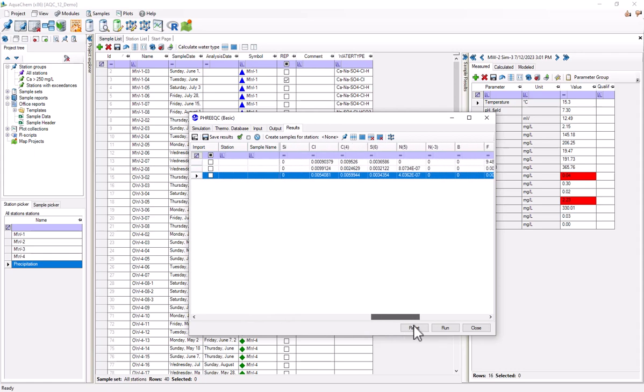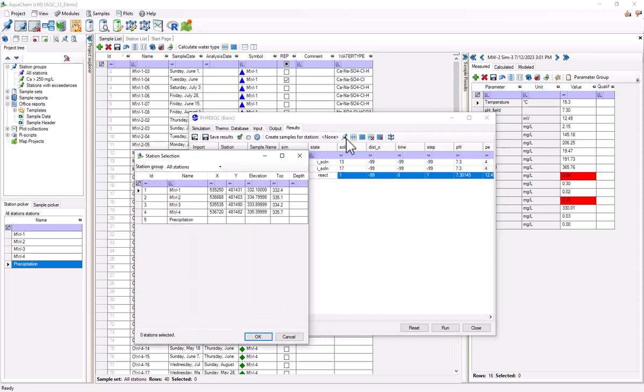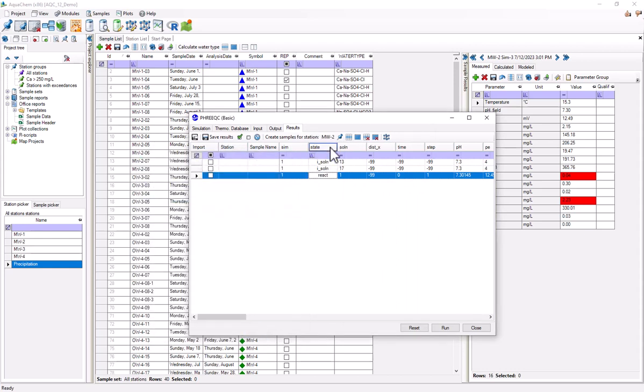to import this back into AquaChem, it's pretty simple. First, though, we need to select a station to re-import the sample into. So I'll just select MW2 by pressing this blue pin button, selecting MW2. And now I need to assign the station to the sample. So I'll select Assign Station to Selected Results. And it's been assigned. And now to re-import it, I'll select that I want it to be re-imported and select Save Results. So now when I hit Save, it'll tell me that one sample's been imported, and I'm done with